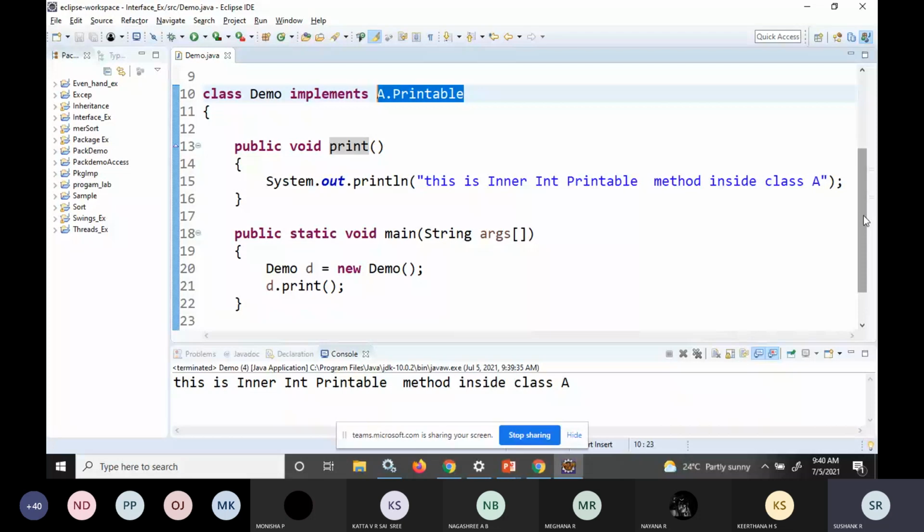Next, we'll proceed with the next concept. So we have learned two things. One is the nested interface, and the second one is that an interface can be extended. You just look into this for a minute.